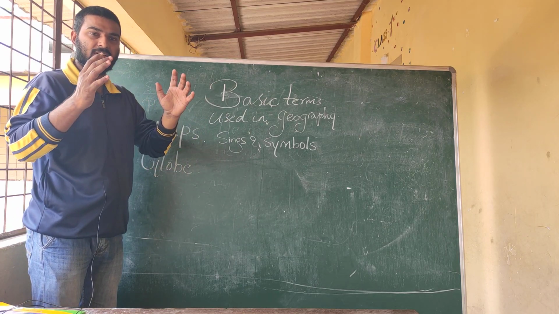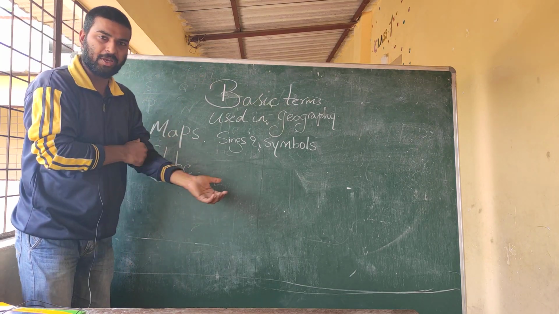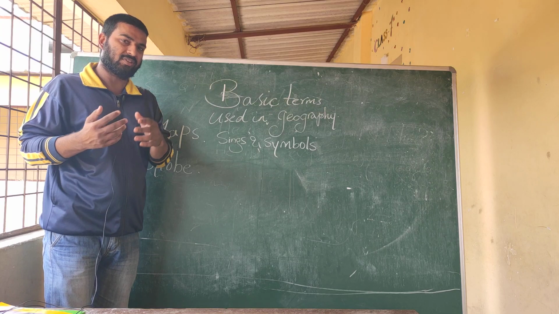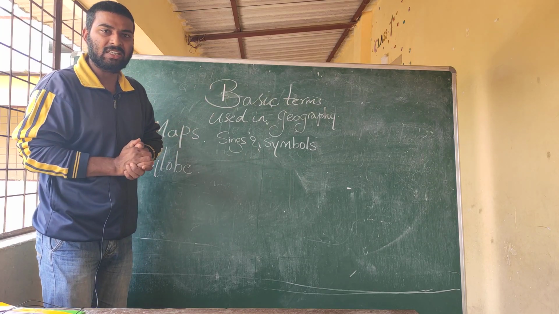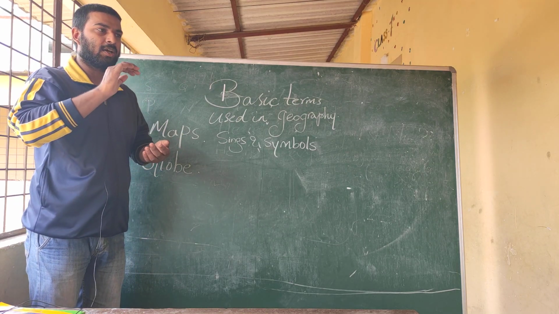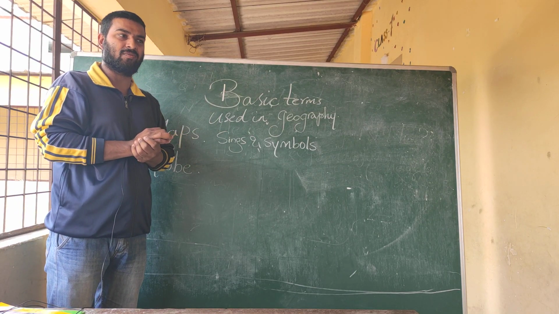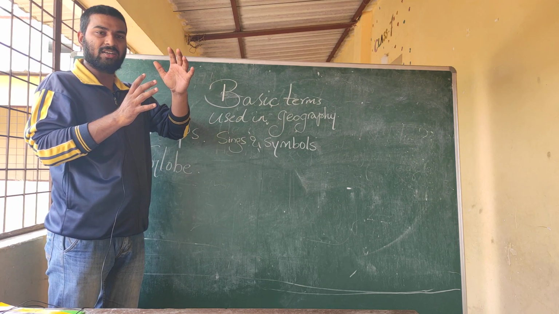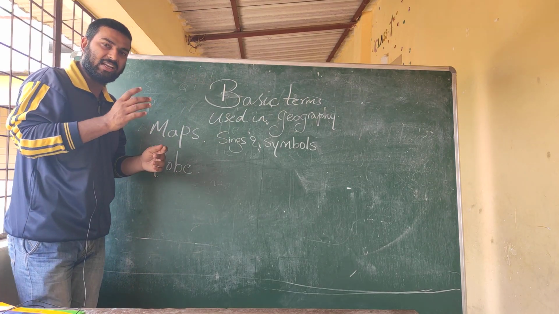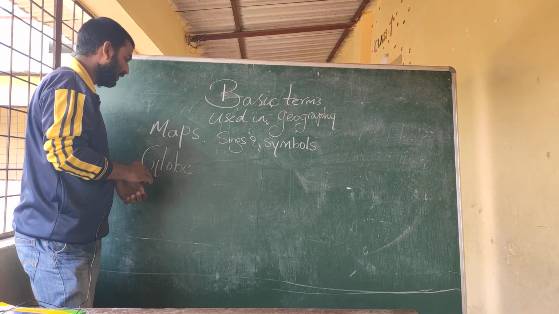The representation of our earth on a circular piece of object which represents earth. As you have studied, the shape of our earth is geoid. Geoid is the term used for the shape of earth because our earth is not exactly spherical in shape. It is somewhat tilted at 23.5 degrees, and it has a geoid shape. You can say that it is exactly the shape of an orange.